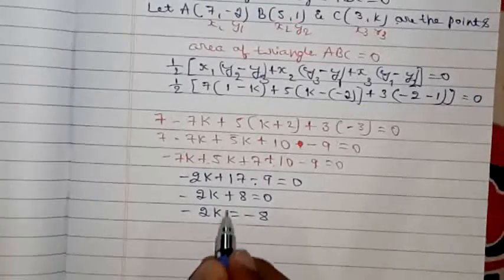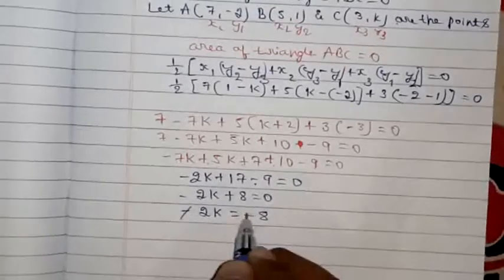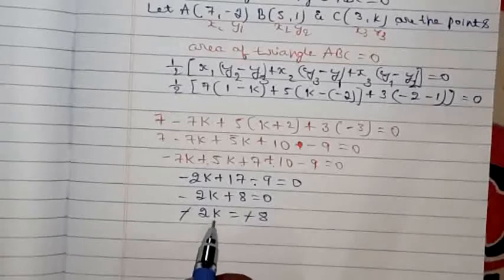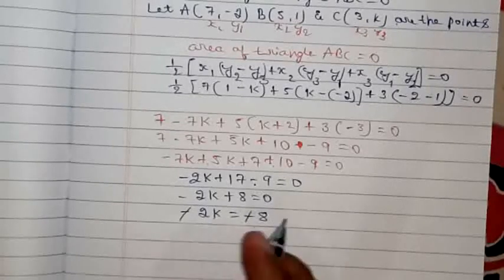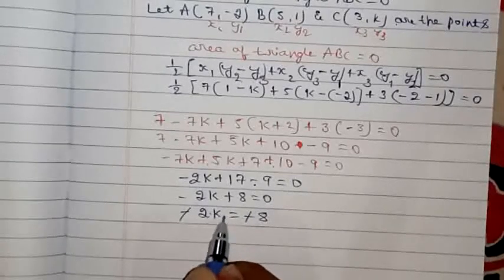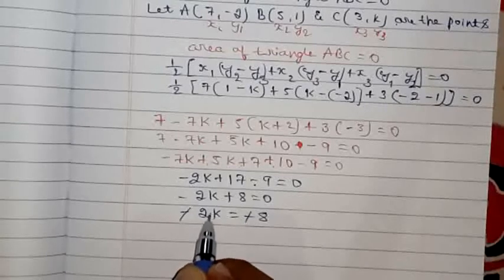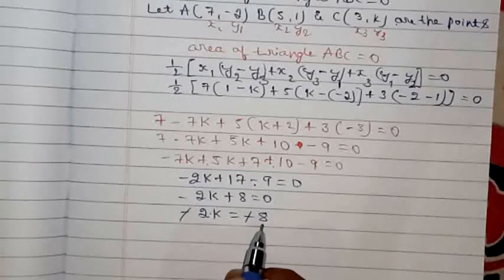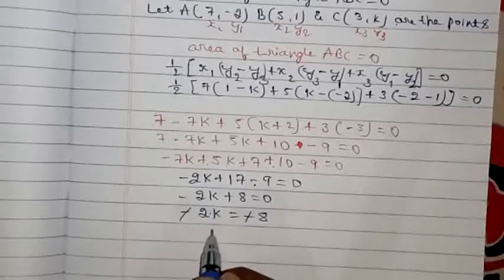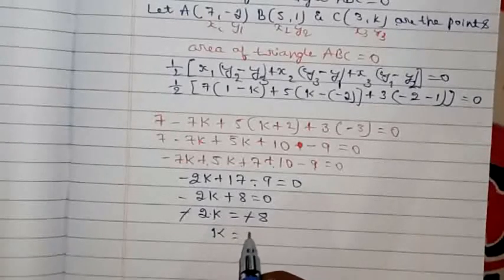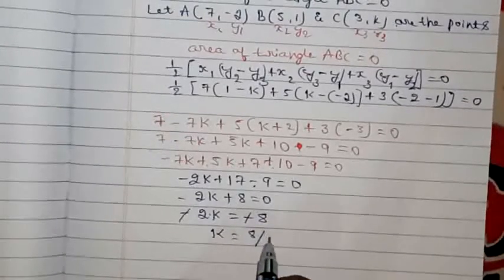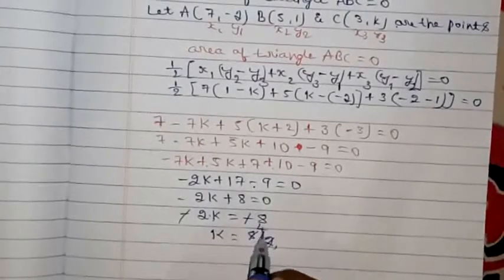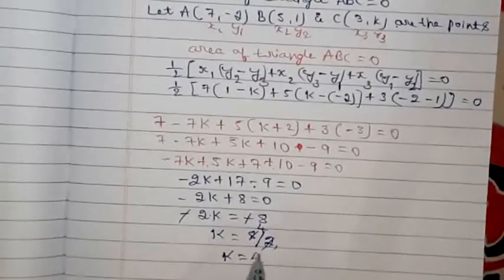Now you need the value of k, right? Now here minus minus get cancelled. Now you need the value of k. Just send the 2 to the right hand side. It's multiplication, 2 into k. So nothing but multiplication is there. If you send it to the right hand side it will become divide. So therefore k is equal to 8 divided by 2. 2 ones are 2, 2 fours are 8. So therefore what is the value of k? The k value is 4.